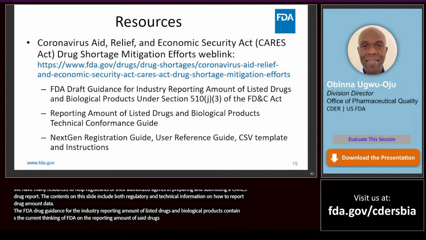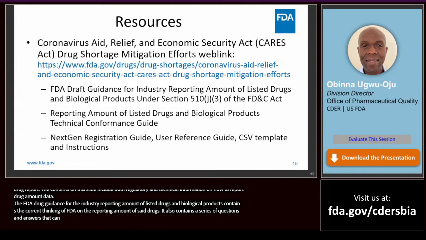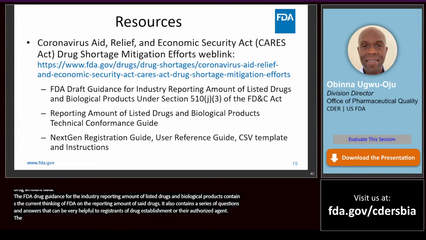It also contains a series of questions and answers that can be very helpful to registrants of drug establishments or their authorized agents. The Technical Conformance Guide, which supplements the FDA draft guidance, provides more explanation on how first-time